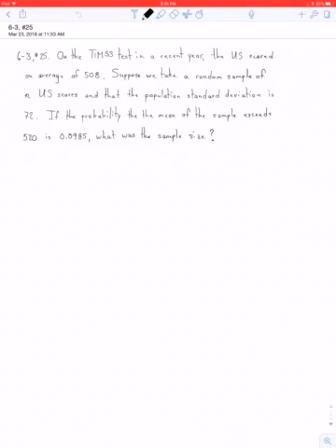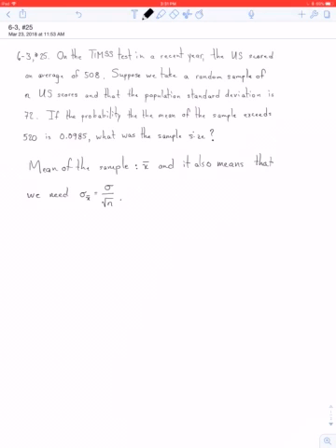And notice here that we're talking about the probability of the mean of the sample. So when we have the mean of the sample, remember that is x bar, and it also means that we need the standard deviation of the sample, which we call the standard error of the mean, is going to be based on sigma divided by the square root of n. So with that in mind, let's see how we can